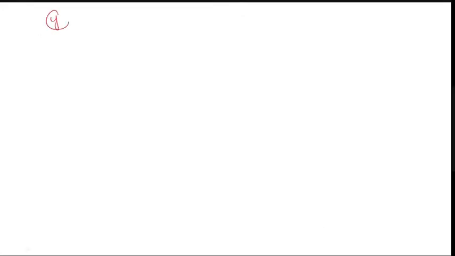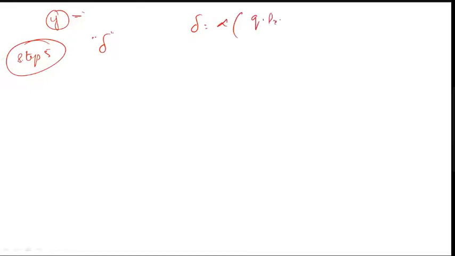You do it for y direction. I will go for step number 5. Step number 5 is to check for the deflection, and I have a formula: delta equals alpha into q Lx raised to 4 divided by D. What parameters do I need? I need the value of Q, and I need the value of alpha and D.